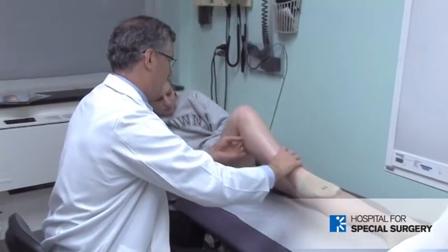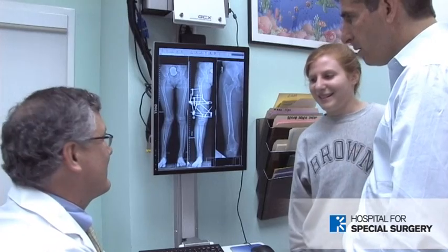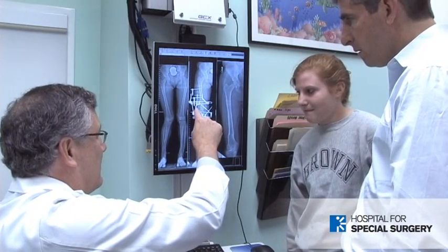Maggie presented with what's called, in general terms, a knock-knee deformity. The long-term risk was arthritis. The short-term problem was she was having recurrent knee sprains and knee injuries. We'd originally scheduled the surgery for January of 2010. That had been scheduled by Dr. Widmann's office, and I was like, I want to schedule it myself, and I want to be ready so I